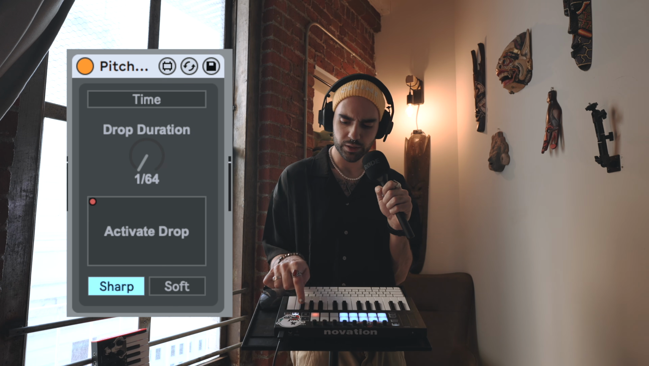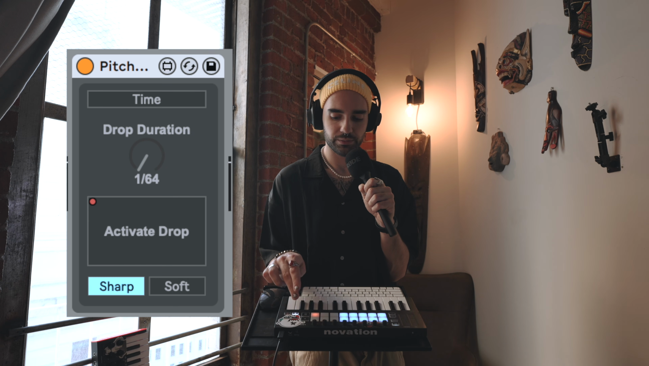And that tape stop effect is called pitch drop. It's a Max for Live device. Other stuff I was doing with the Launchkey Mini definitely can be done on the Akai MPK Mini as well. For instance, my custom mapping of the knobs. Click play here really quick. I have